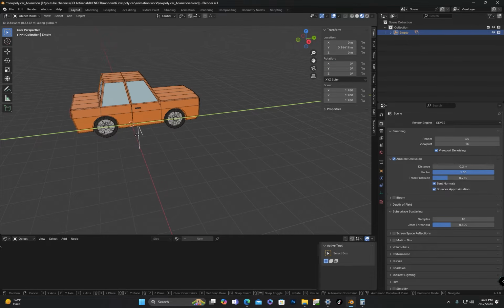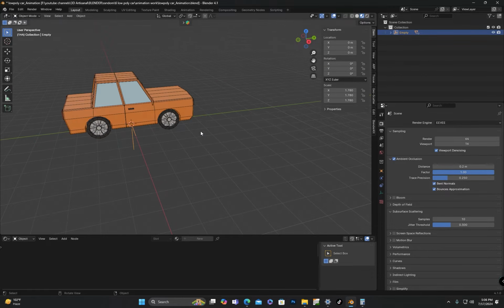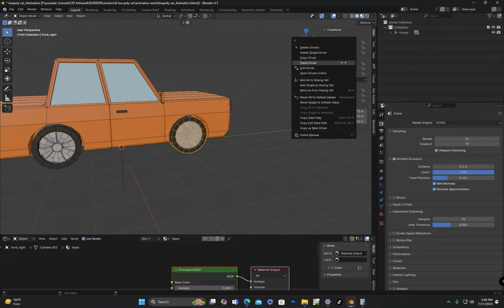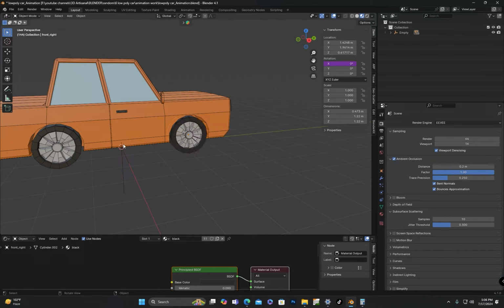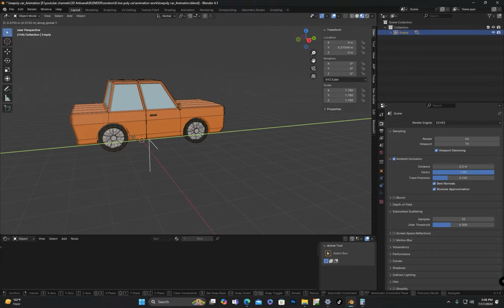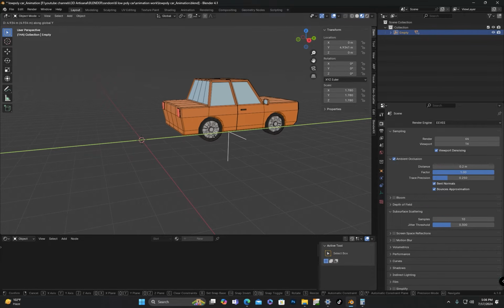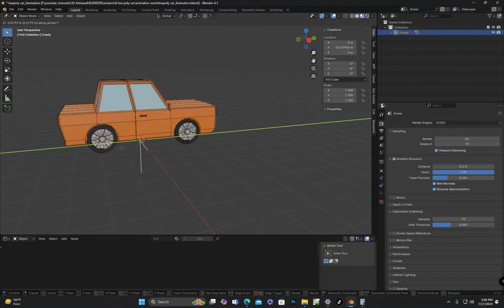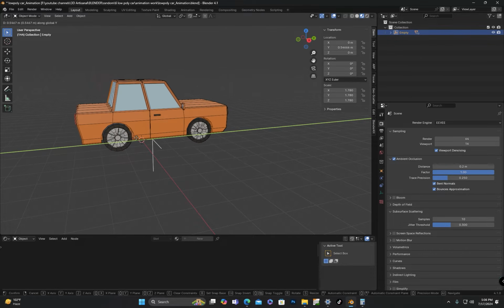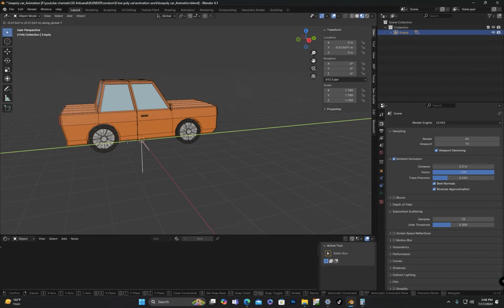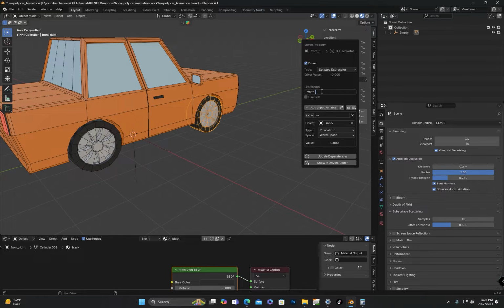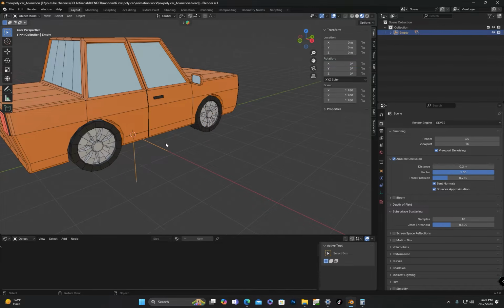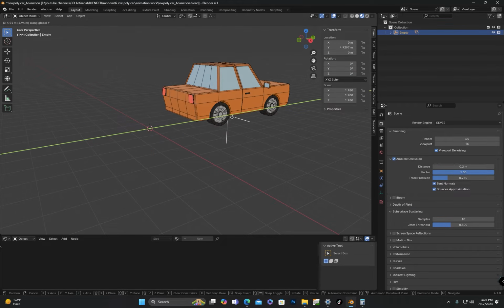You might notice that the wheel's rotation is not proportional to the car's movement. If you want to increase the wheel's speed, you can multiply by 2, which will double the speed. Now you can see that I increased the speed for the front wheel's driver, so it rotates at double speed, while the back wheel rotates slowly. I think double speed is too much, so I will change it to multiply by 1.5. Now the wheel's rotation matches the distance covered.